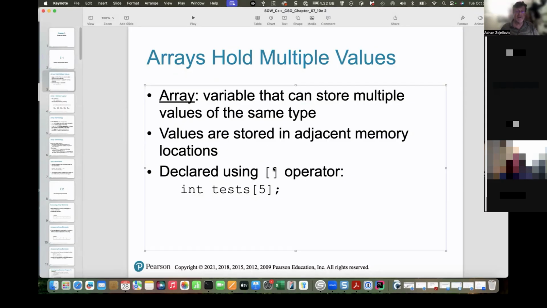Now, to declare it, you use this operator. And you've learned that when you declare variables you do something like this. You have a data type, like so, and you have an identifier. And then you have a semicolon. So data type, let's say double, and then the identifier is miles per gallon, the name of your variable, to keep track of the miles that your vehicle or motorcycle is using. We could